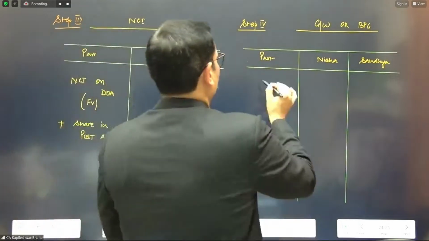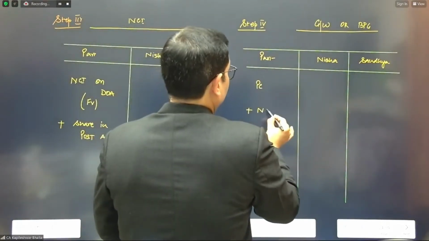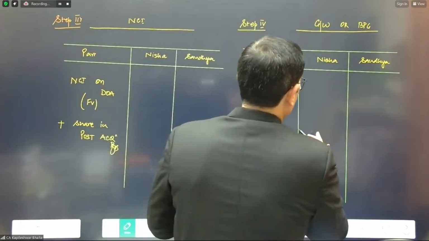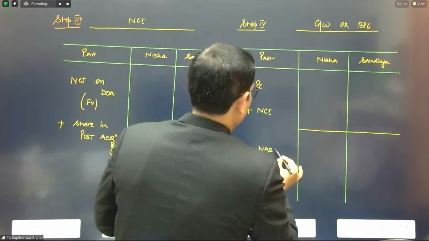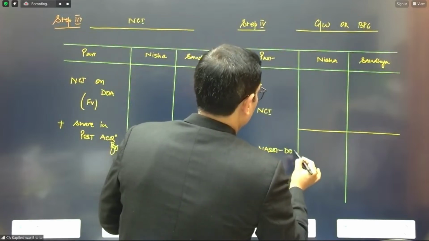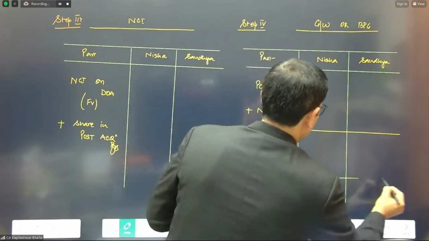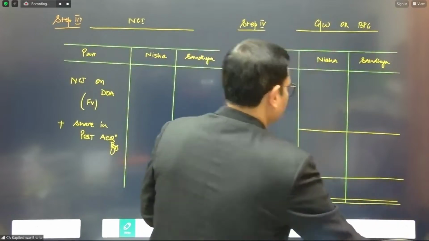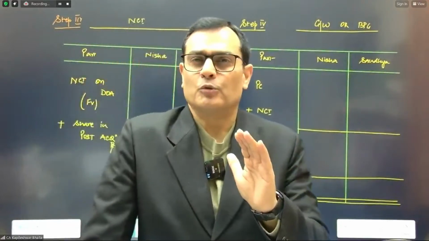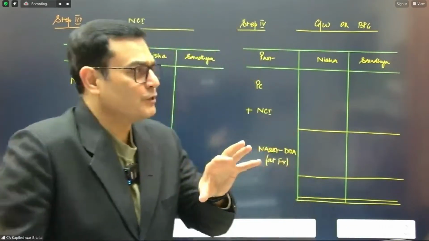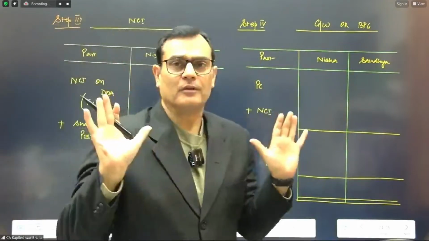And in terms of goodwill, you're going to consider the purchase consideration, to which you're going to add the NCI. And once you take the sum total of this, you're going to compare this with the net assets on the date of acquisition, of course, at a fair value. And with this, you're going to get the goodwill or the bargain purchase gain. So go stage by stage so that you don't go wrong. At the first instance, organize the formatting. Just pick up the information in the particulars column.